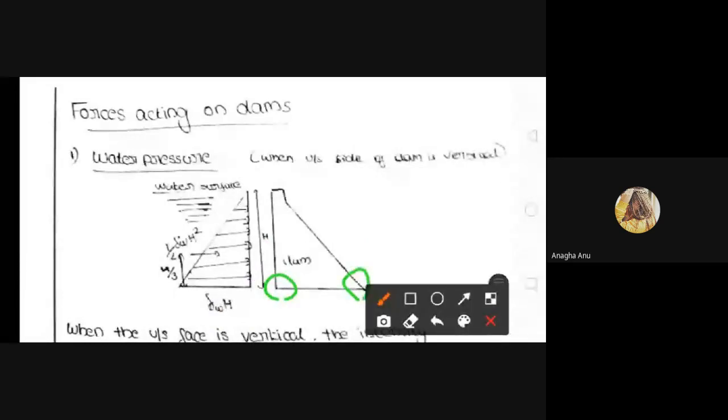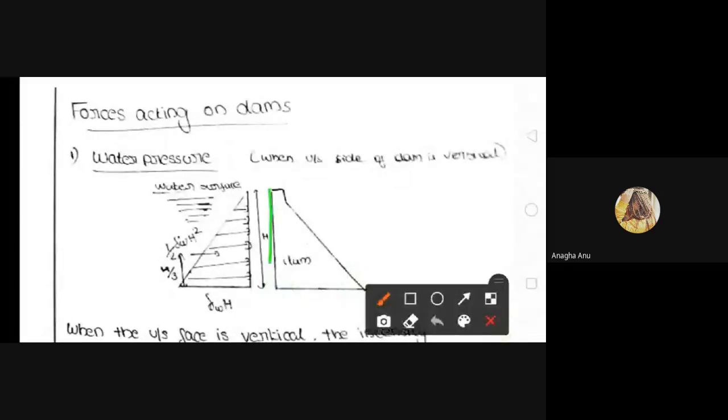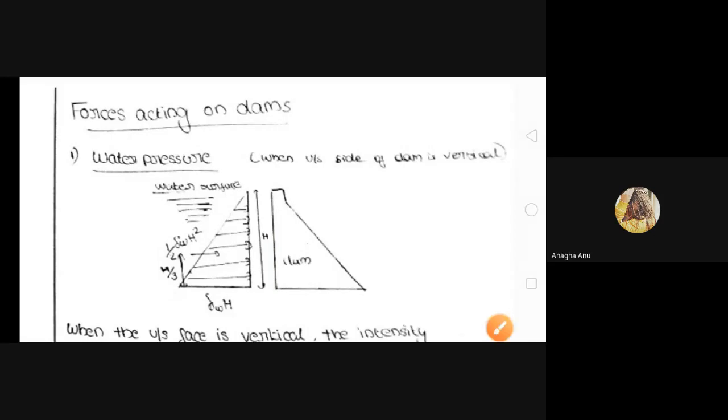Okay, then in this figure, the upstream face of the dam is vertical. All the dams do not have a vertical upstream face. Some of the dams have an inclined upstream face. But in this type of dam, in the figure, we can see that the upstream face of the dam is vertical. Okay. So the first force acting on a gravity dam is the water pressure